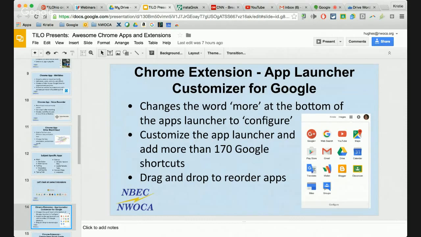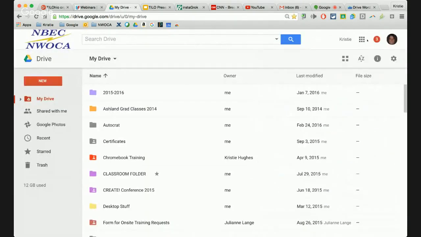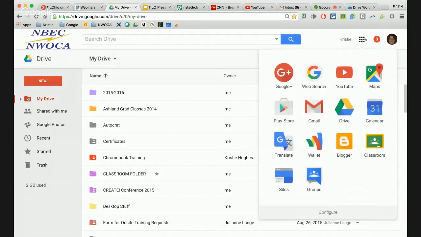So what this allows you to do is, in my Drive, so here's my Drive, when I click on my Apps Launcher, or my Rubik's Cube over here, what used to say More now says Configure. And that's because I'm using the App Launcher Customizer for Google. What that allowed me to do is, because we have a lot of districts that are using Google Classroom, by default Classroom does not appear in your Apps Launcher.